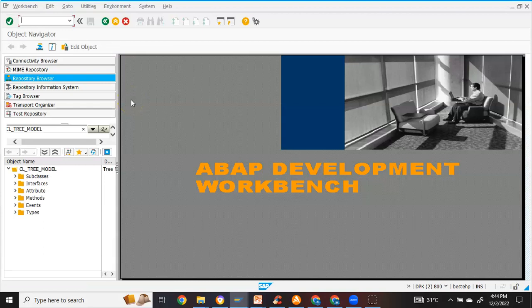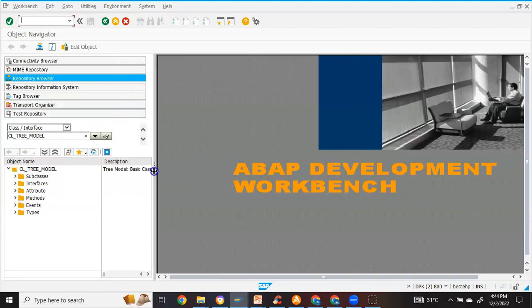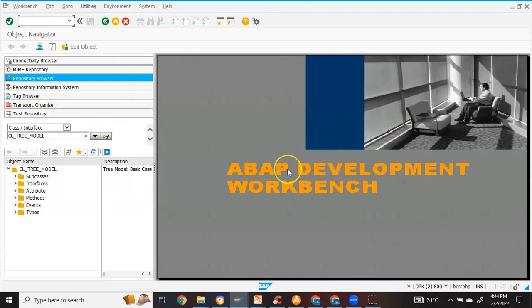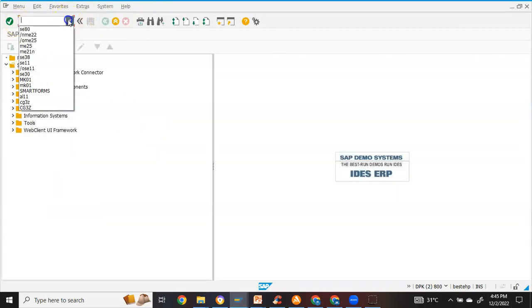This is the main screen from where all the ABAPers, the coding team, will do the programming, creating the objects, changing the objects, development. There are a lot of things that can be done from this ABAP development workbench, which happens to be transaction code SE80. Now that I have shown how to log in to SE80 by directly typing the transaction code,